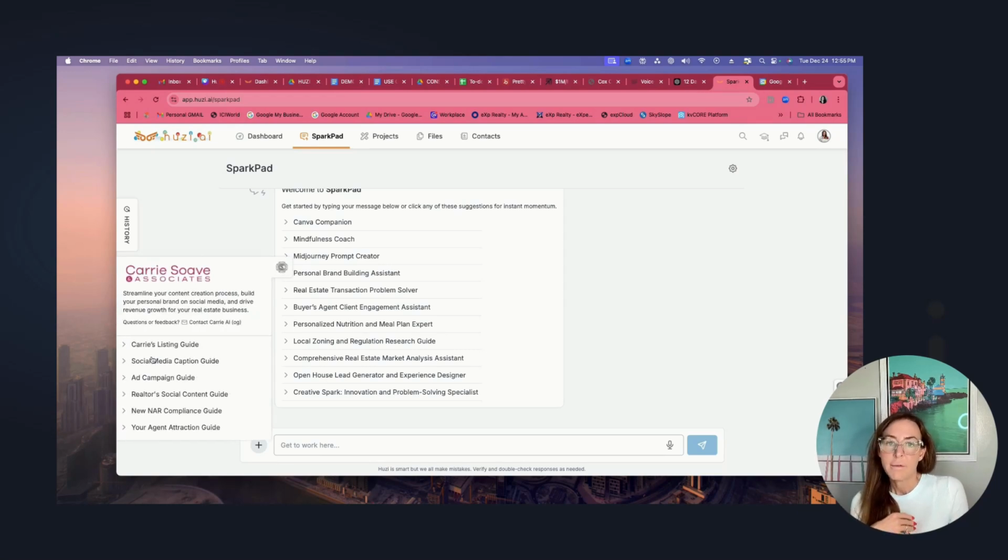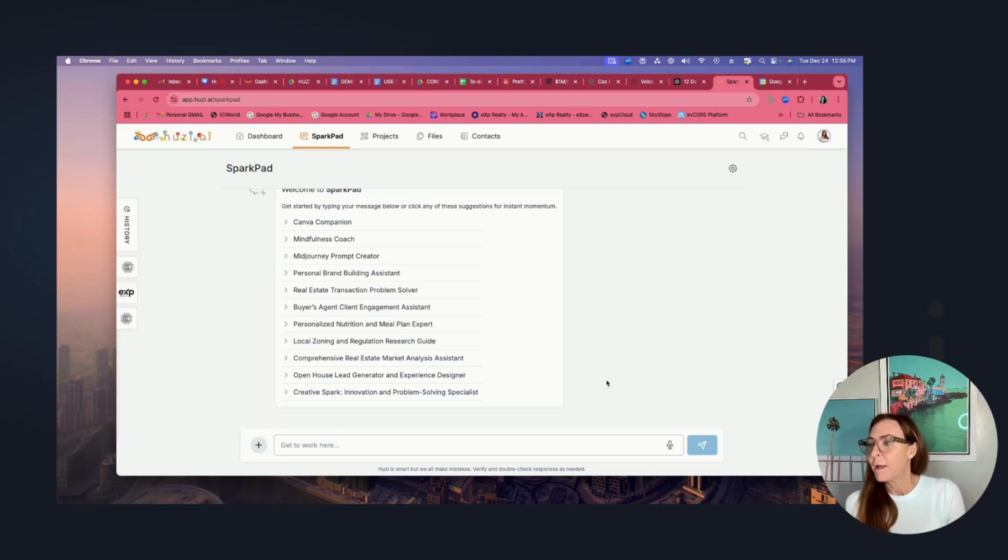And these are workflows that the platform is going to take you through for social media, listings, ad campaigns, NAR compliance, and even agent attraction. And these are my workflows, and it'll guide you through step by step on how to use it. Now, Huzi can anticipate your needs. That's what I love about this platform the most. But let's just start with one of my ideas of how agents should be using this. So this would be